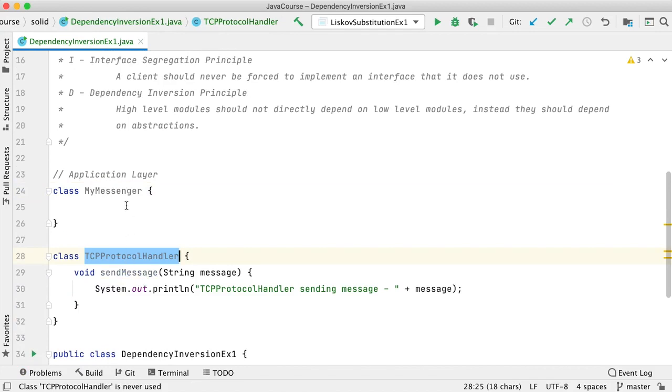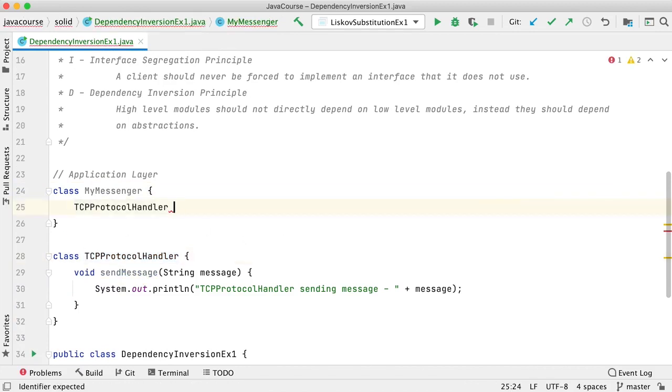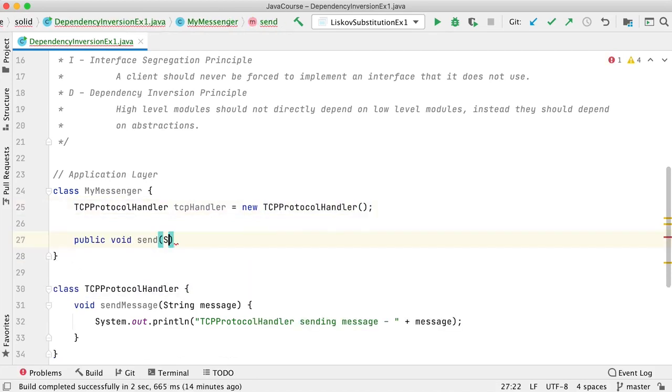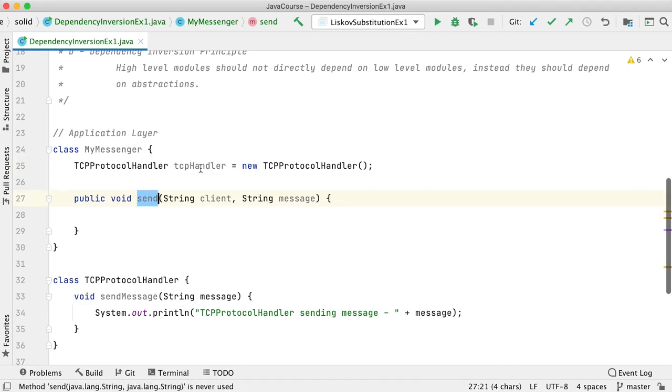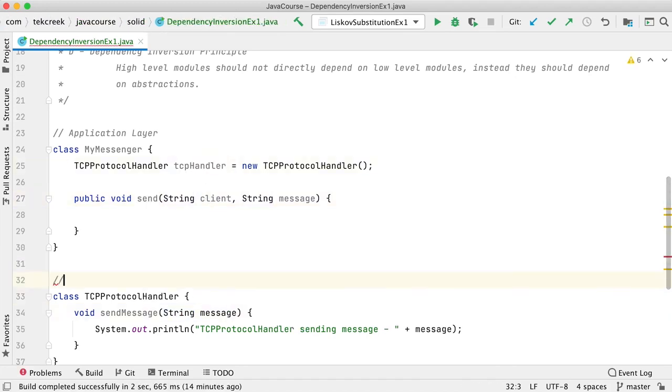So what it can do is create an instance of TCP protocol handler, and send to some client, some message. It's going to make use of a TCP handler to send some message. This is at the transport layer.